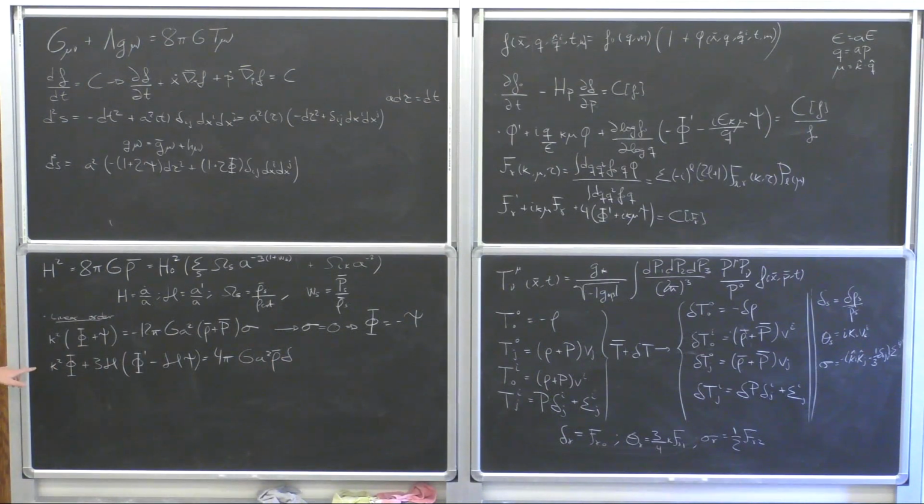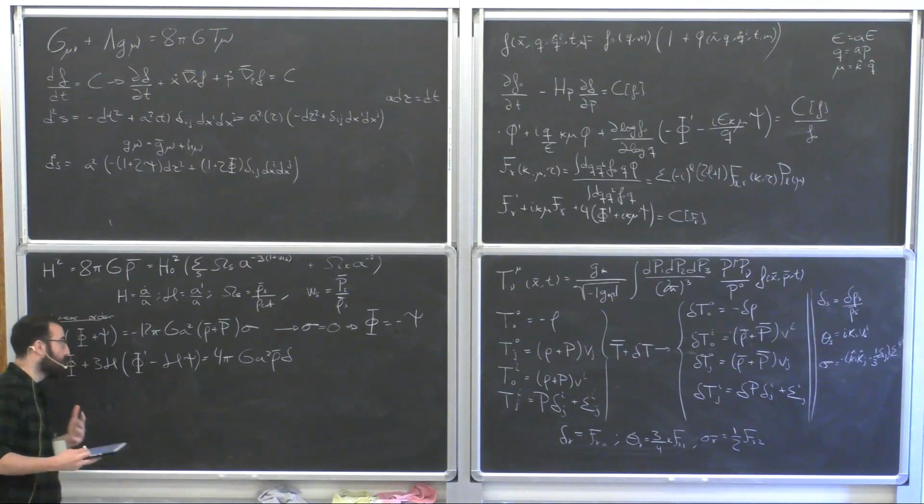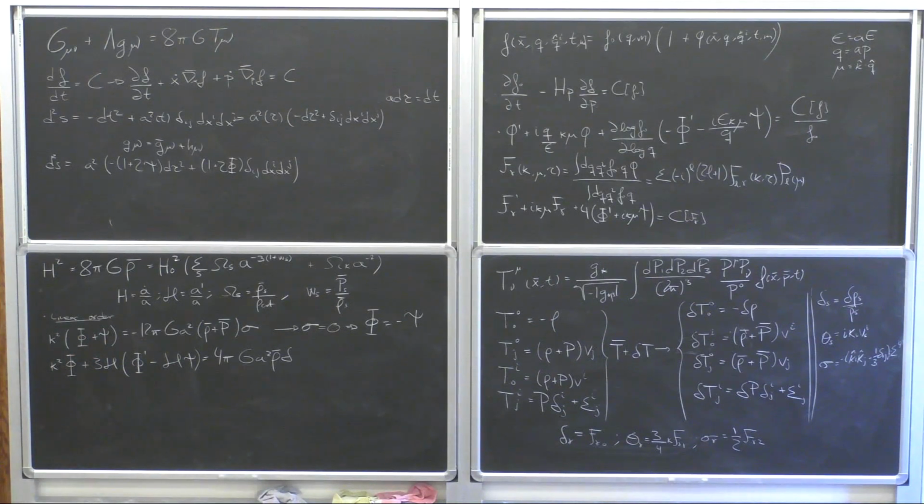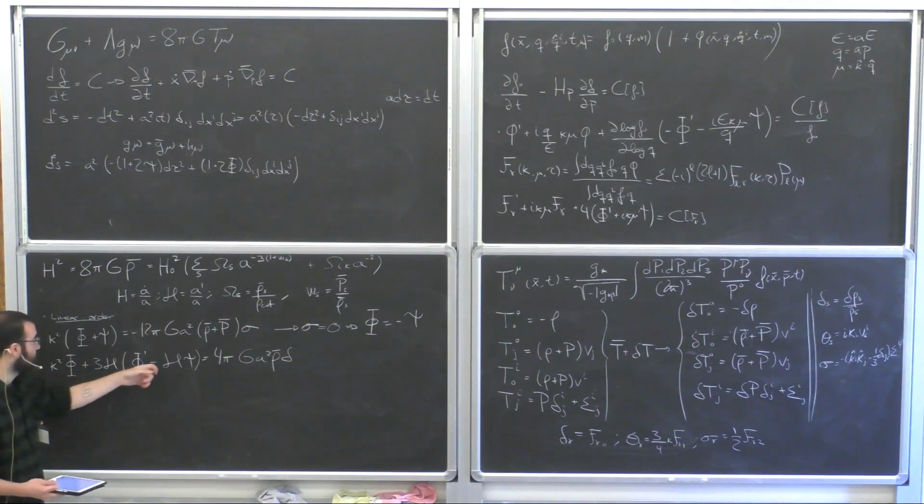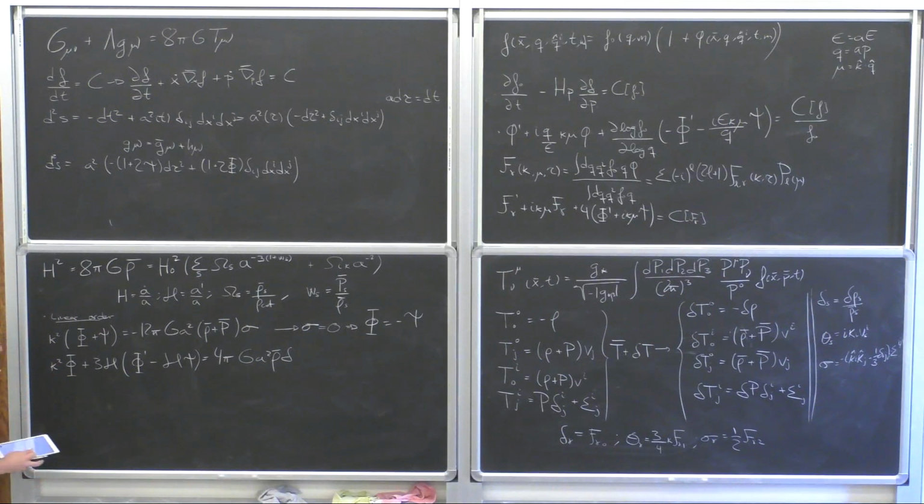And here you can see that this is the generalization in general relativity of the Poisson equation. Because if we were totally in a matter-dominated universe and well within the horizon, where the expansion history of the universe and the time derivatives of the potential don't matter that much,